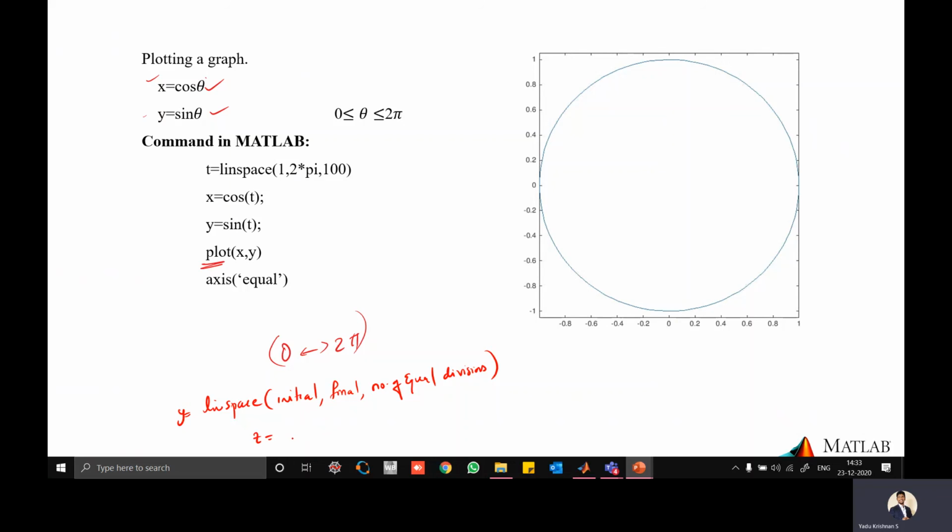And z equal to, another way: initial value, increment and final value. So there is the second case. These are used to divide numbers in an array. So this is what it is.